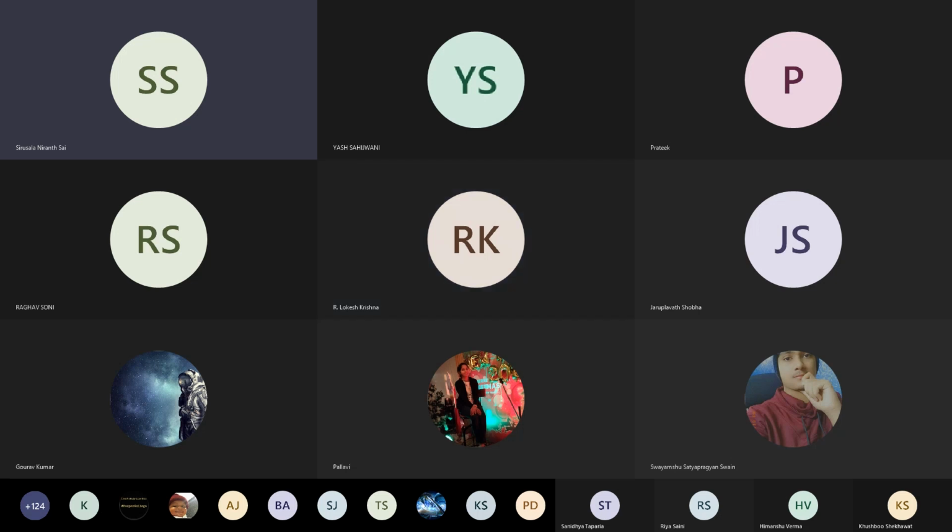For round two, we'll mostly have it after round one. Once you complete your round one evaluation runs, then we will have the round two ones. It also follows a similar procedure. We will be in a video call, checking your bot and how it's working in the simulator, and evaluate it.